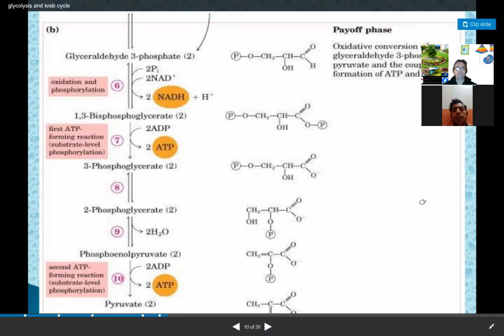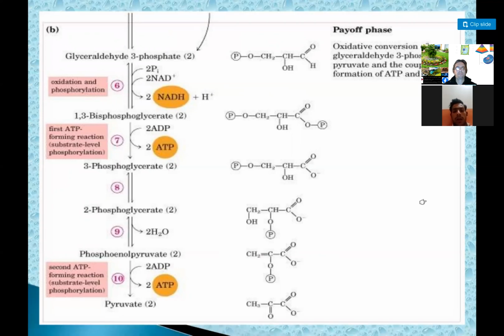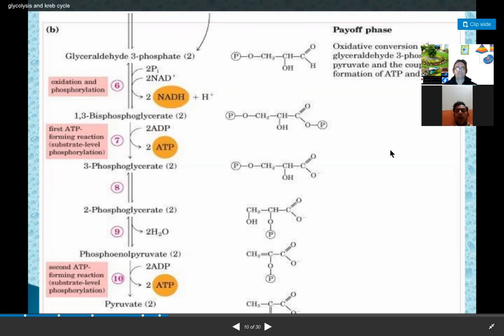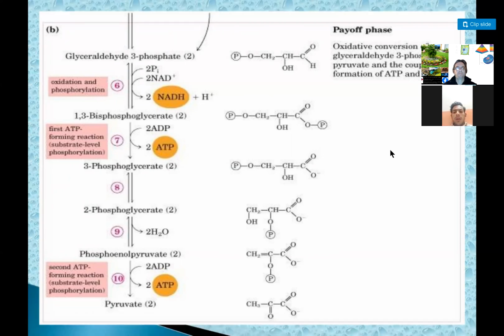Now, after the preparatory phase is the oxidative phase. The oxidative phase begins when two hydrogen atoms are removed from 3-PGAL and transferred to a molecule of NAD, oxidizing PGAL to PGA and reducing NAD to NADH. Each molecule of phosphoglyceraldehyde transfers high energy to ADP, forming an ATP molecule, and itself is converted